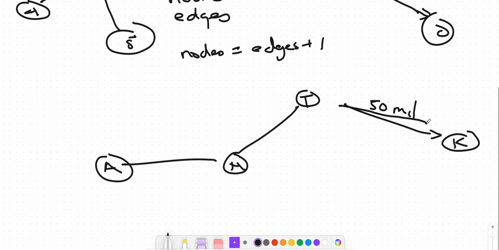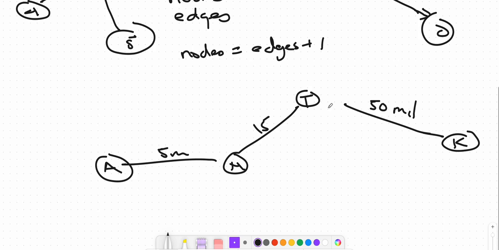It doesn't even matter, back and forth, 50 miles. Tema to Nsawam, 15, right? Nsawam to Accra,